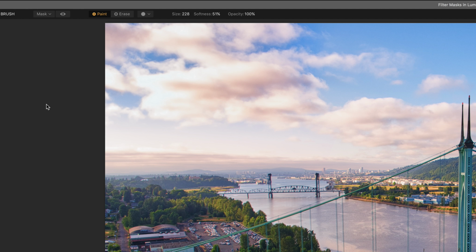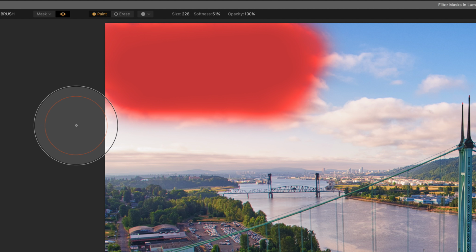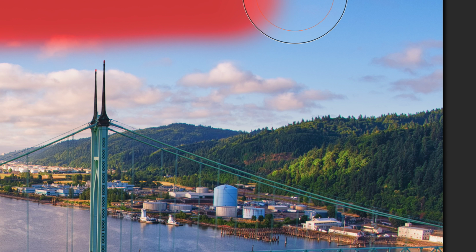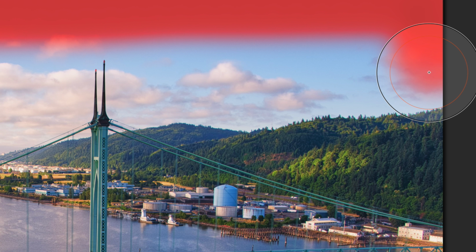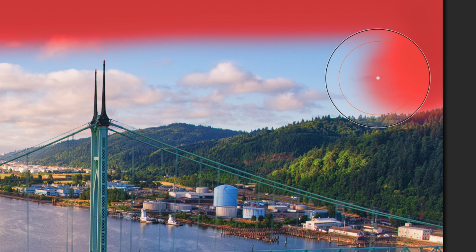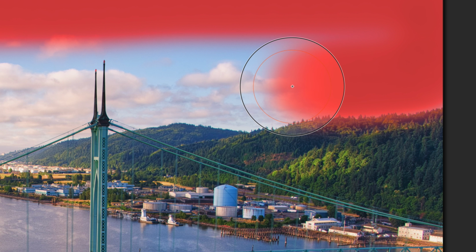I like to see where the mask is being drawn, so I'm going to click on the little eye here and turn the mask on. So now you can see where I've dragged the brush. I'm going to continue dragging it over to the right here, and drag it down, and the inner ring is going to help me to keep from applying too much onto the